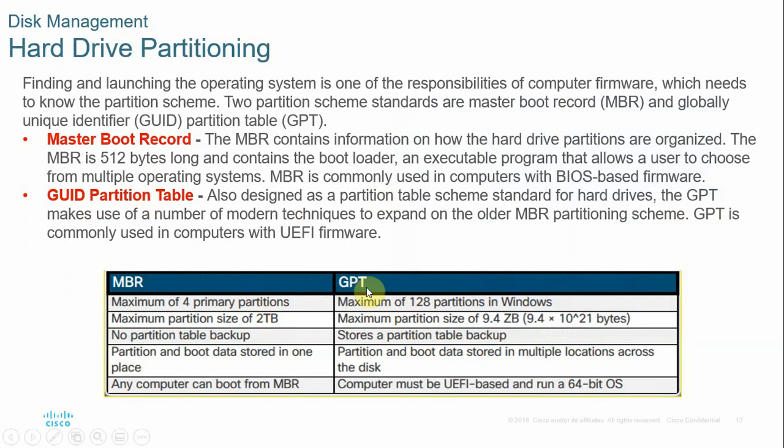We also call it GPT. In master boot record, it can have a maximum of 4 partitions, for example a CD drive, whereas in GPT you can have 128 partitions in Windows. MBR supports only 2 TB. You can use 2 TB of hard disk or storage maximum, whereas here you can have up to 9.4